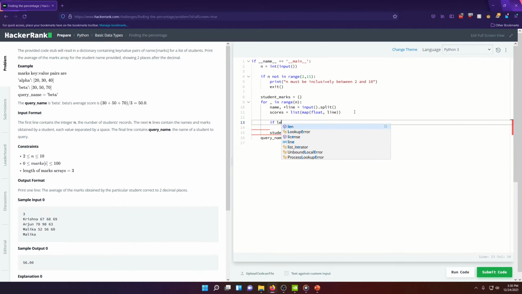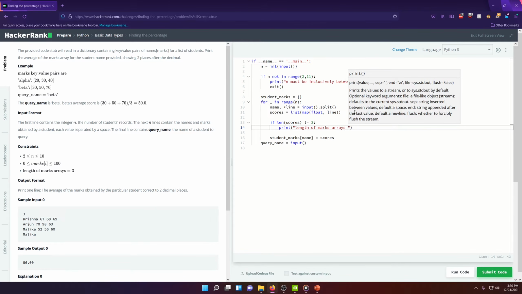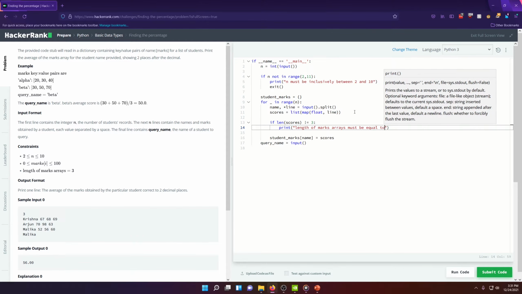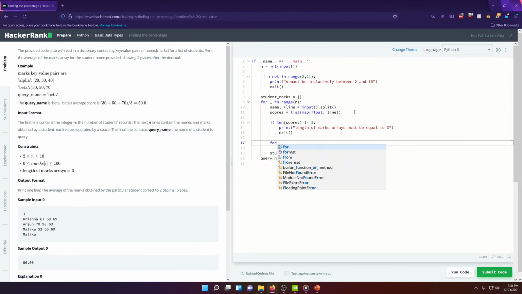So if length of scores is not equal to 3, then print length of marks array must be equal to 3. And then we're going to throw our little exit, and then let's check each value of the marks array itself. So we'll say for score in scores,